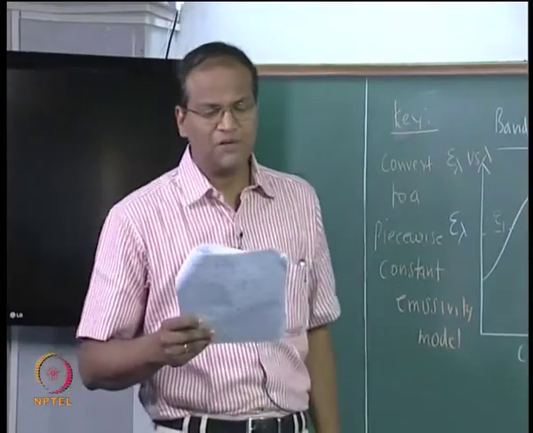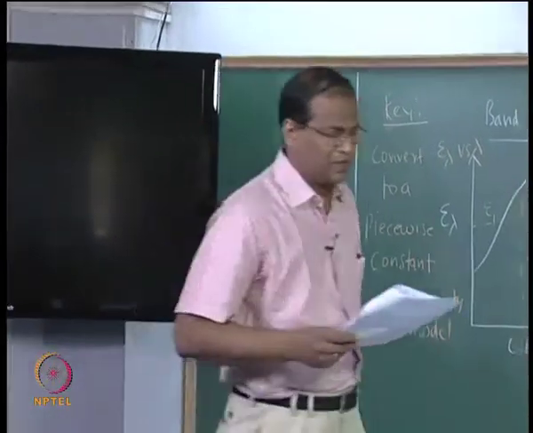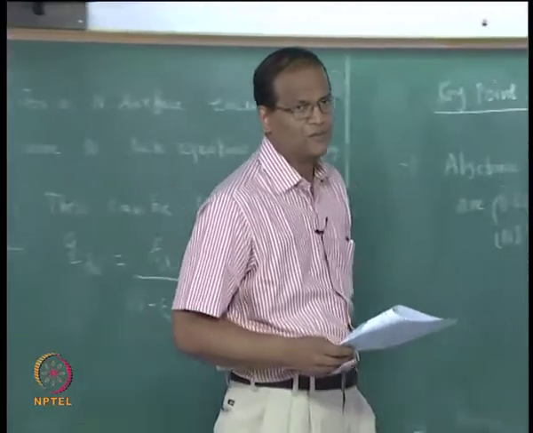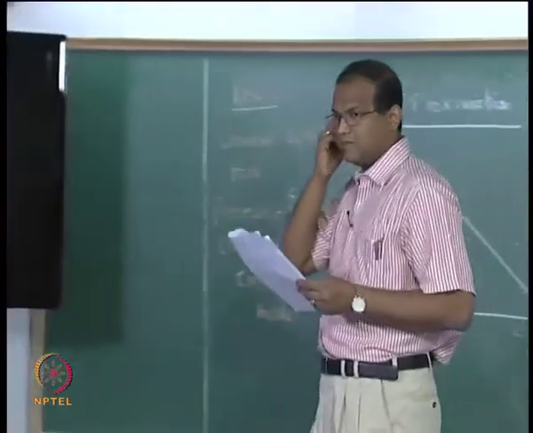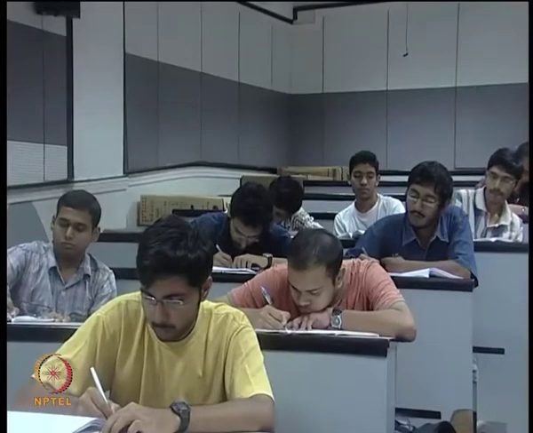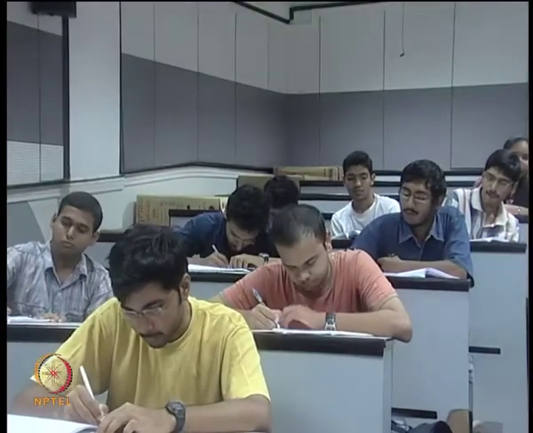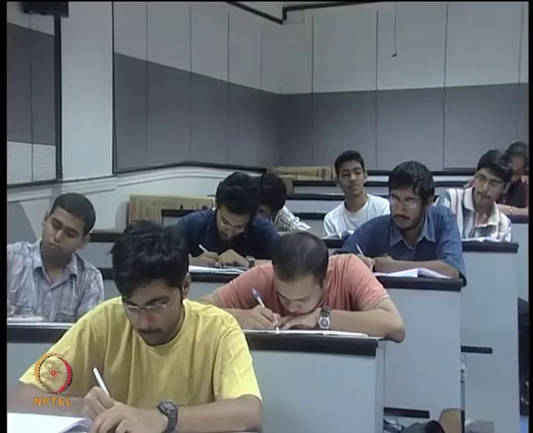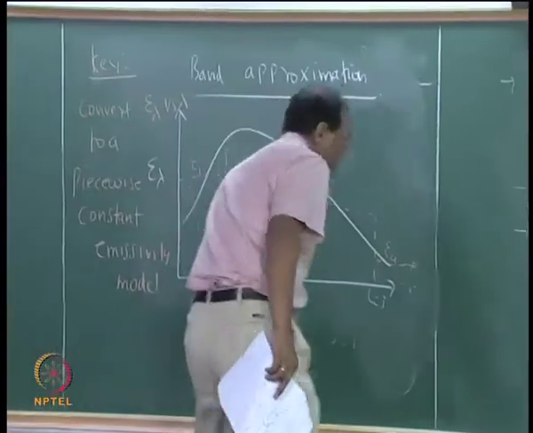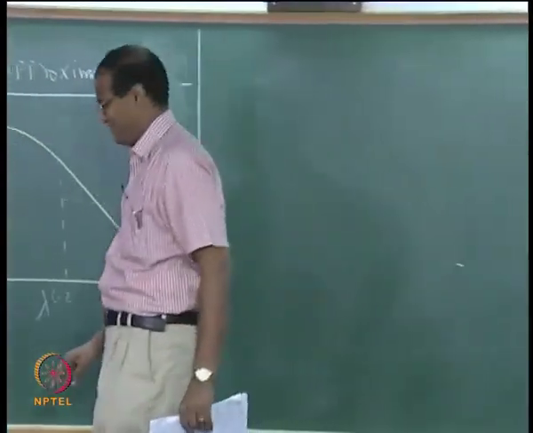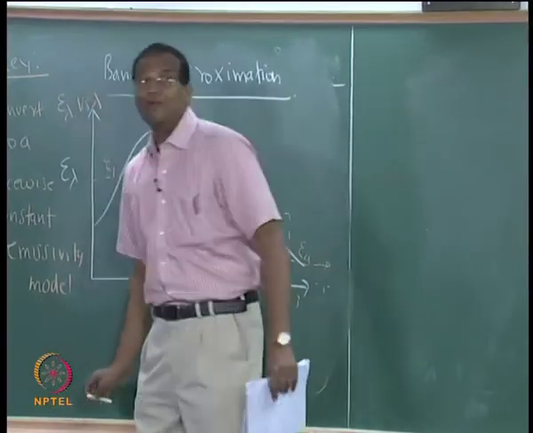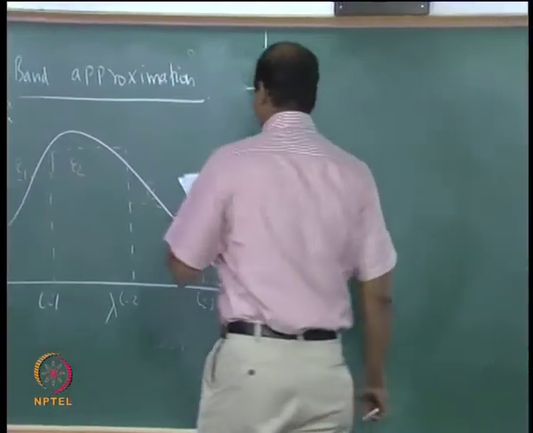The hemispherical spectral distribution of emissivity for the two surfaces is given in the figure. Compute the net radiation heat transfer from surface 1. I will give a simple case so that you do not have difficulty. Please take out your F function charts. If you do not have, then share it with your neighbor.